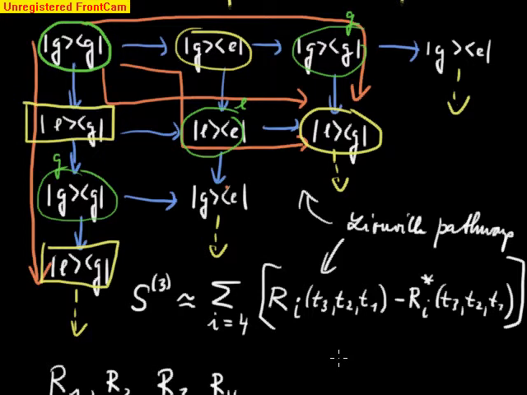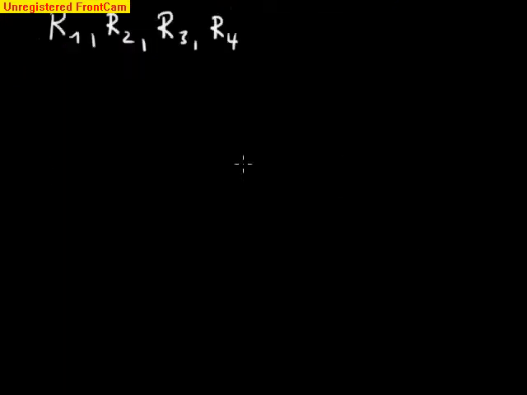Now, this is a very complicated diagram. We have another quite complicated diagram that we can use to denote these pathways, and on it I will try to really show their names. So we have a diagram in which we let the time run up. So this is time running up,